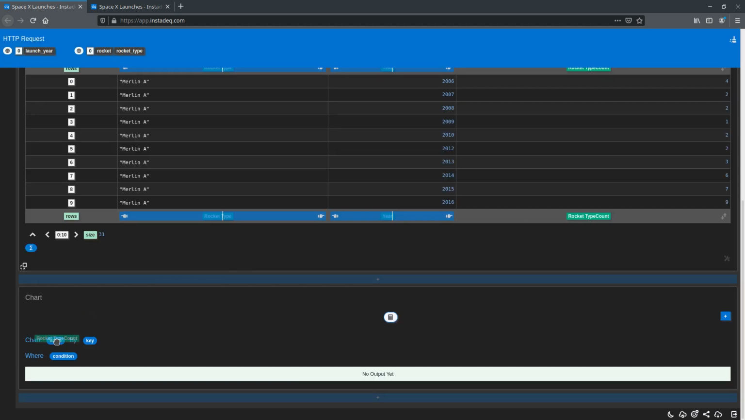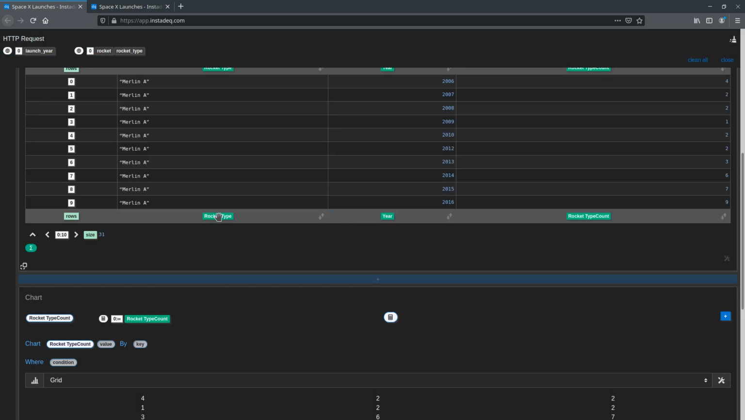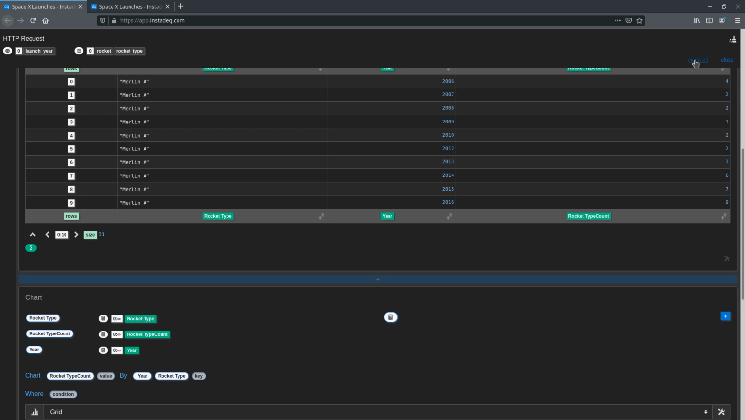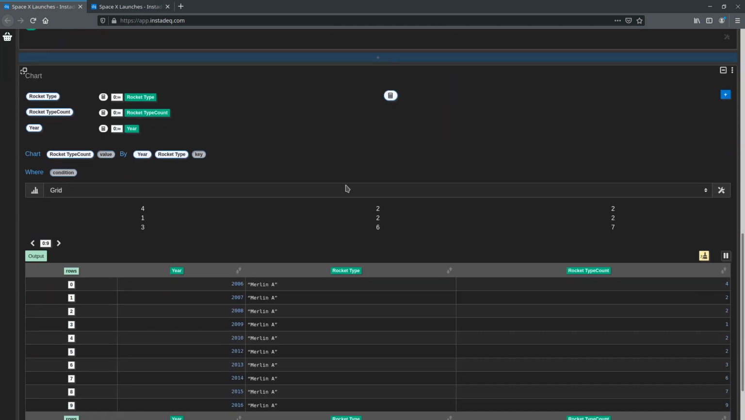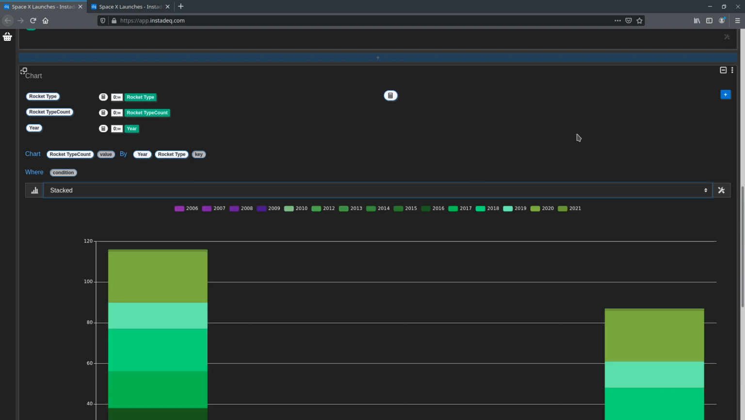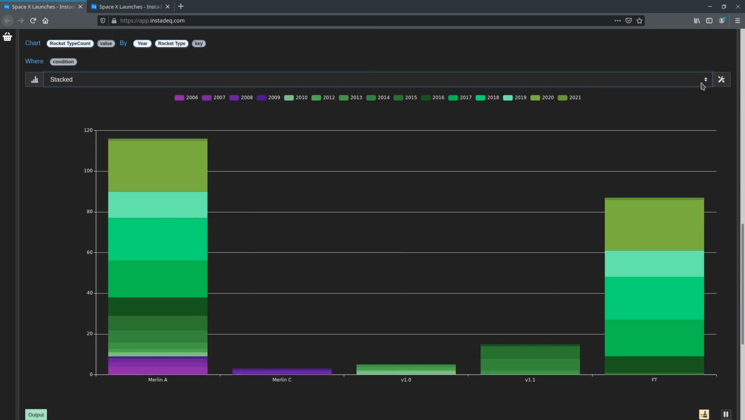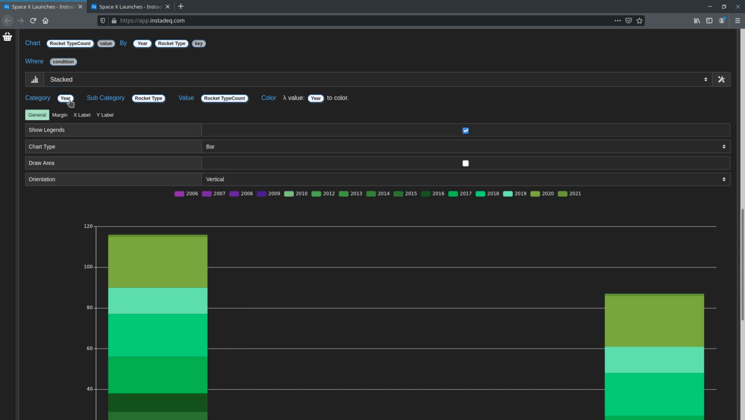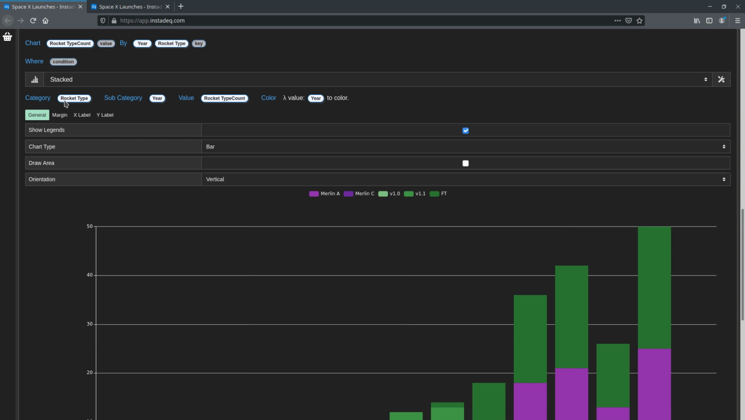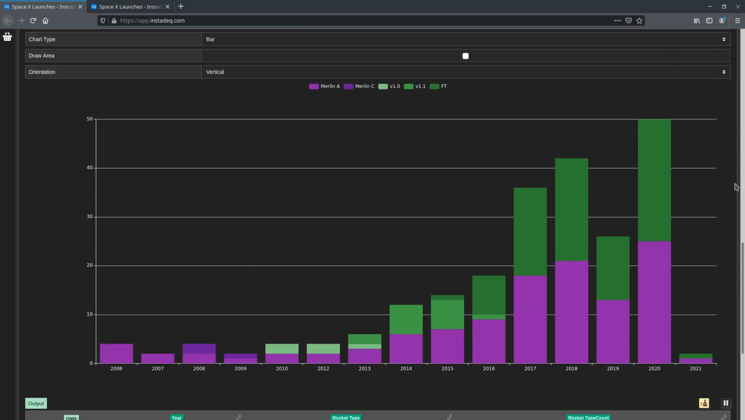And we want to chart rocket type count by year by rocket type. Let's close the basket, and it will list the charts that we can use. I will select stacked, but we have it the other way around, so I will open the settings, put the year here and the rocket type here. So now we have our chart,